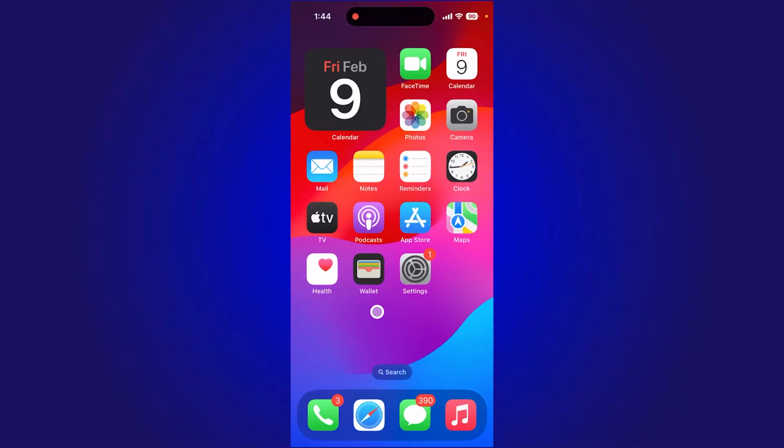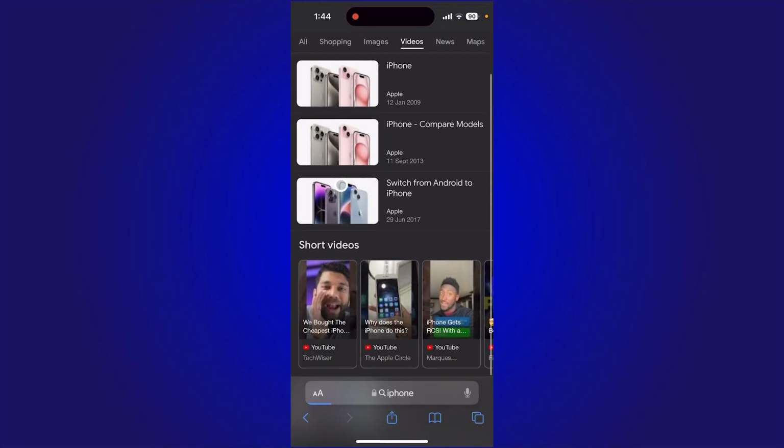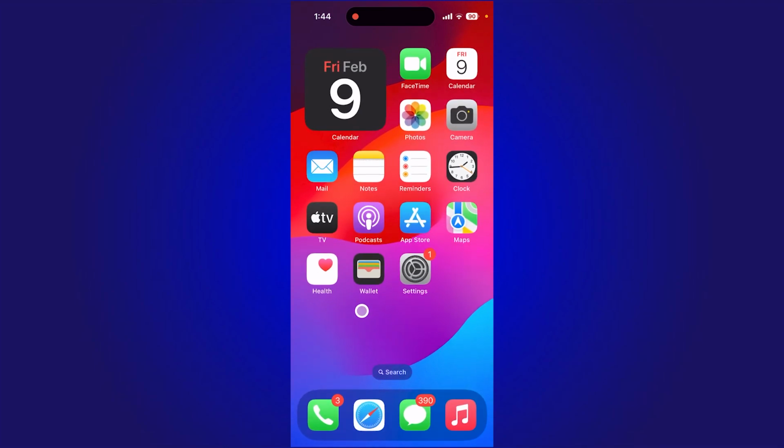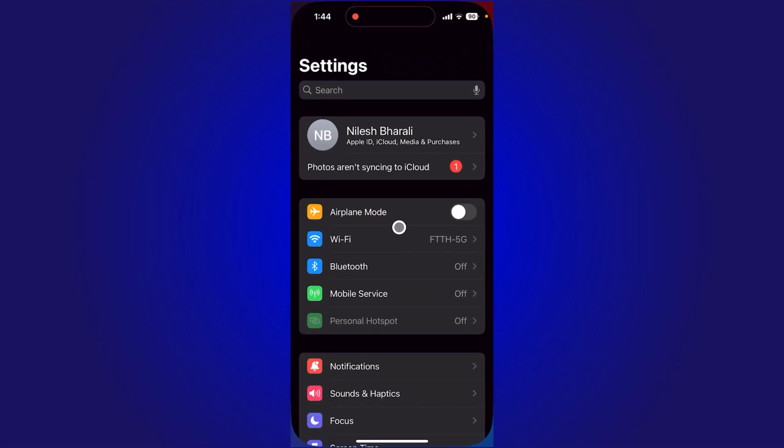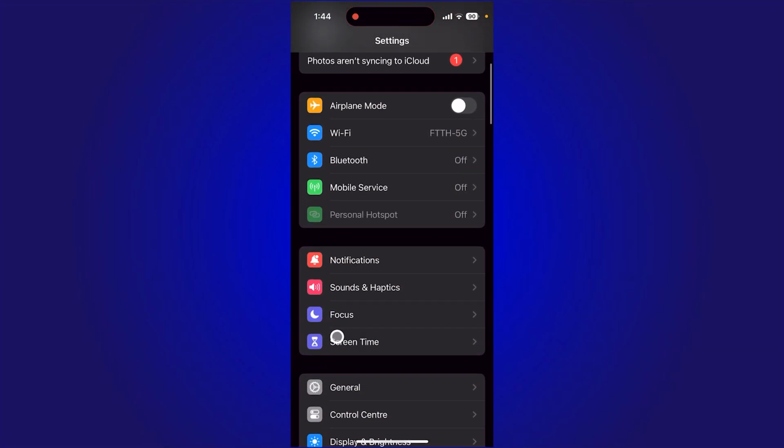Hello everyone, today in this video I'll be showing you guys how you can enable or disable your Safari web browser from your iPhone. If you disable this, your Safari will automatically disappear from your homepage. So how do you do that? In order to do that, you need to go to your settings, and from here you need to go